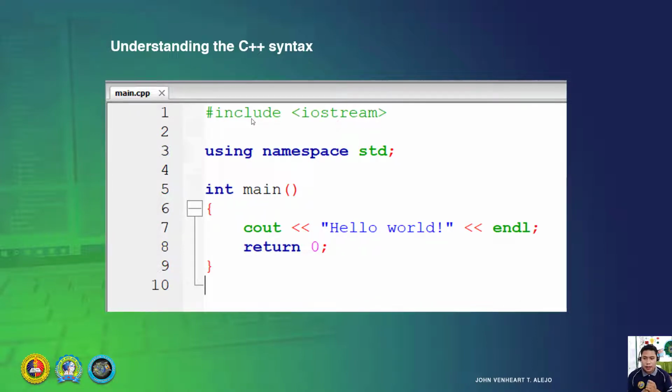Include means you are including a library, and the library is iostream, which is input output stream.